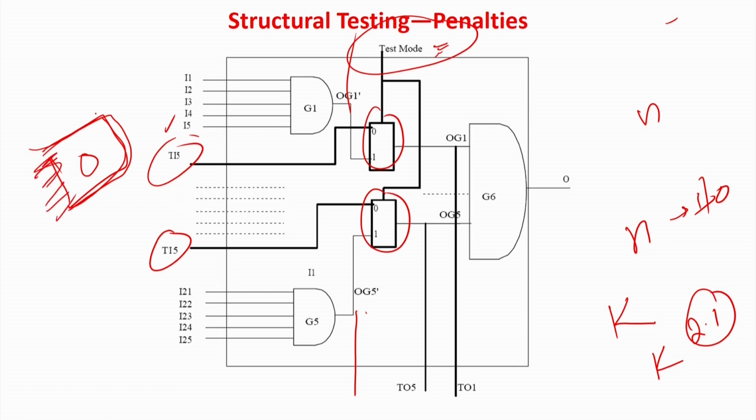These lines are generally restricted to 48, 64, and if it is a ball grid array package it can be in the high hundreds, but you cannot have more than millions, such an order of millions, of IO lines. But if you see structural testing and you have to do it internally, you have to probe the pins and control the lines, and millions of extra IO pins will be there. So, structural testing also hit a bottleneck.